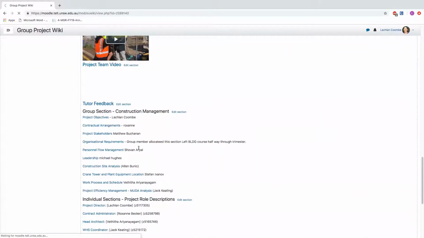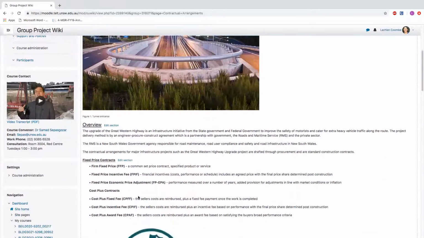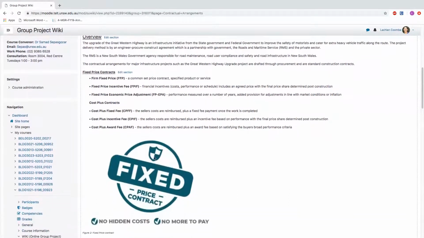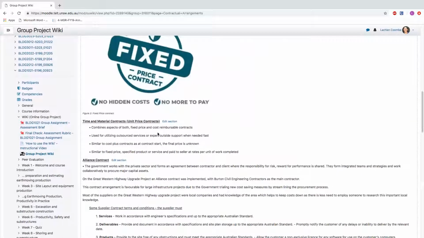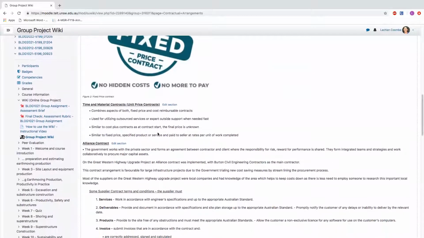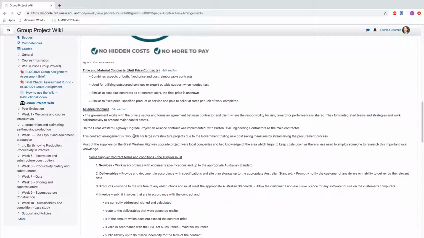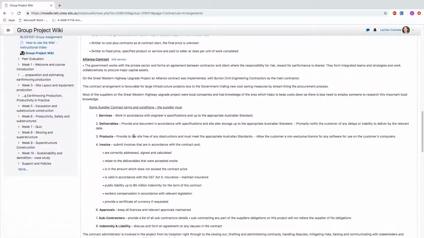We did contractual arrangements. So once again, big opening image and following those sort of prescribed templates that Samad's put in here. Yeah, and so it is really key to keep it consistent, and sort of once you've all completed your own sections, to go back and do like a final once over and make sure that everyone's completing the same text styles and font sizes, and also that your work is all sort of delivered in a unified approach.